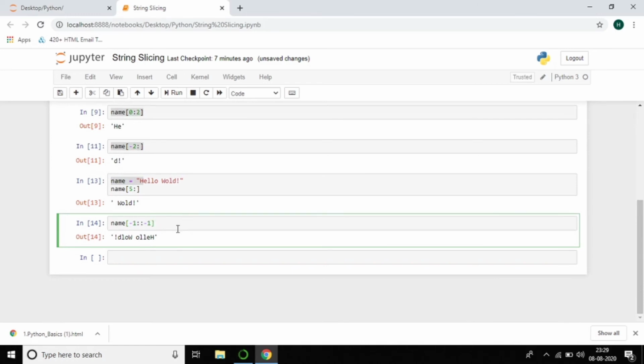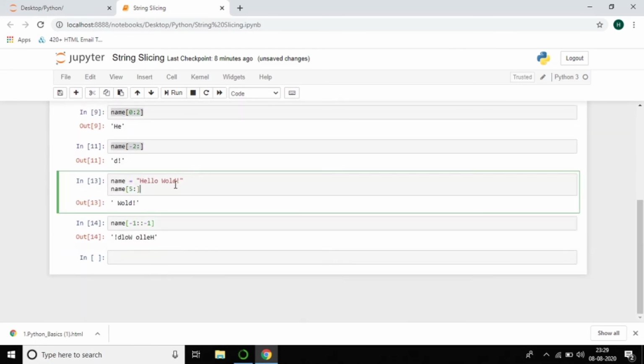And next is accessing the last two characters. If you want to access only the last two characters in reverse, how can we do that?